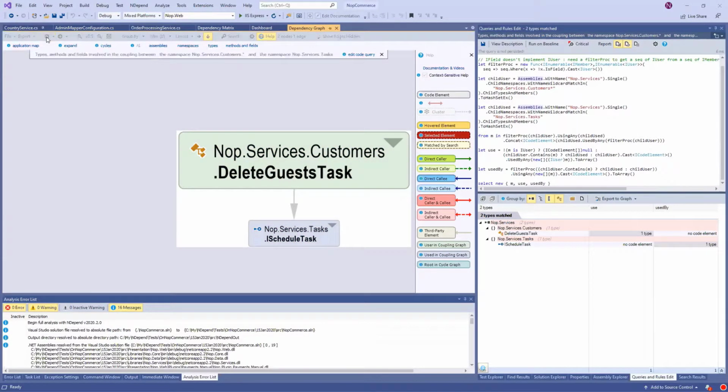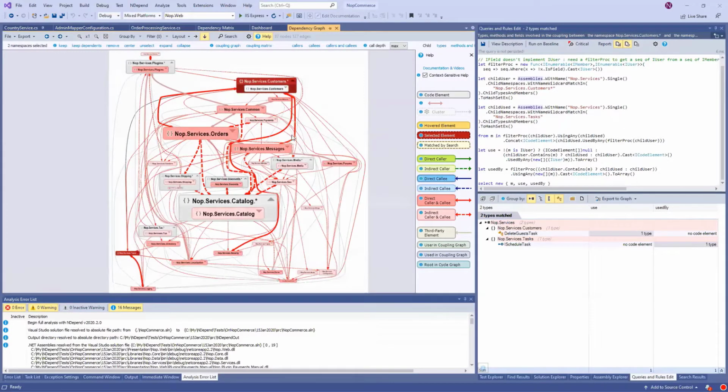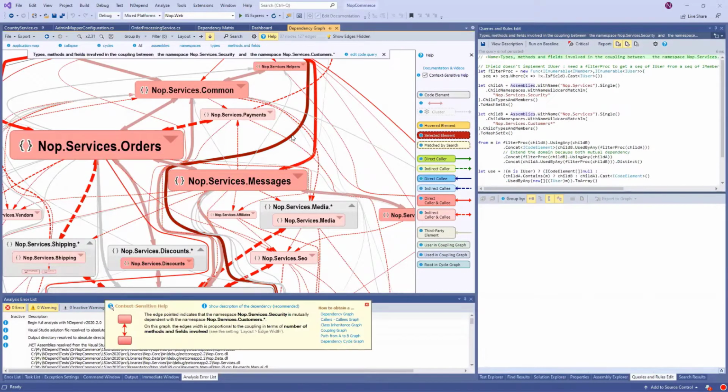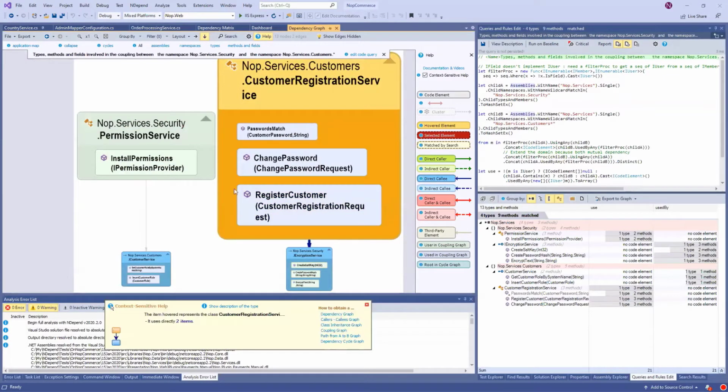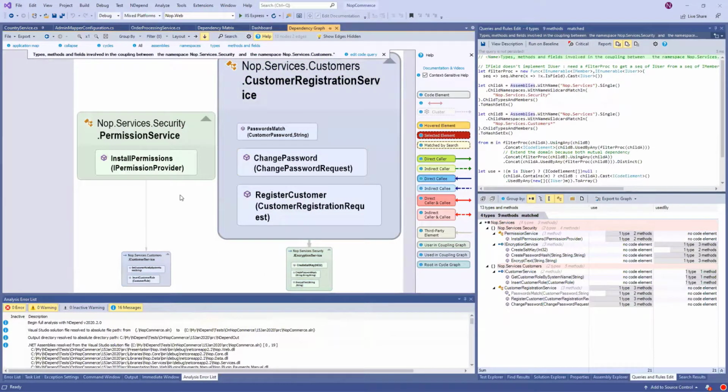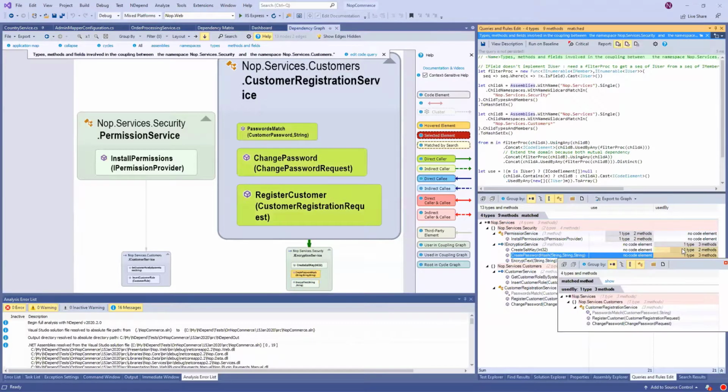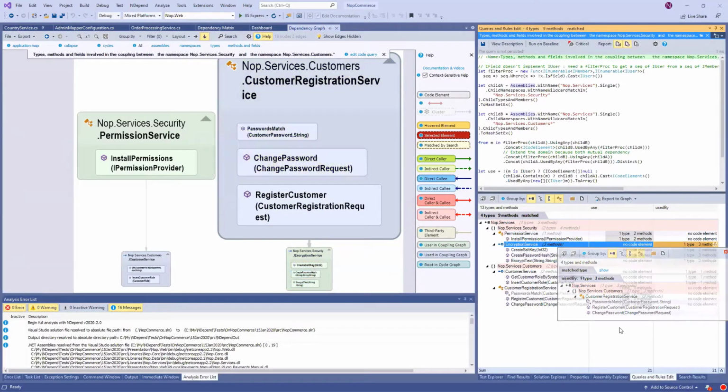So maybe I didn't click properly. I didn't choose the right one. So let's choose this one. Yes, it's here. I have a blue that is using a green and a green that is using a blue. So that's why there is a bidirectional dependency, because the blue is using the green and the green is using the blue. And here you get all the data. So from there, you can try to infer what to do.